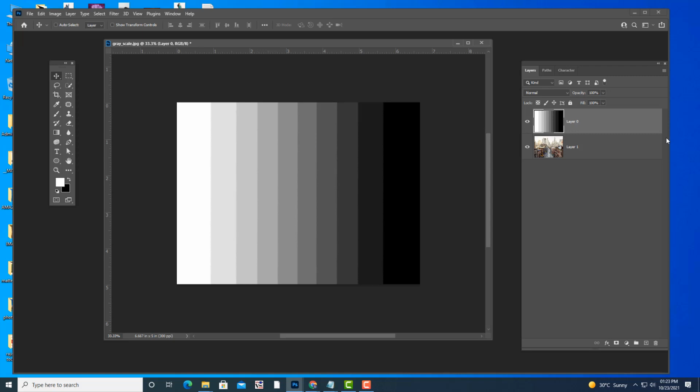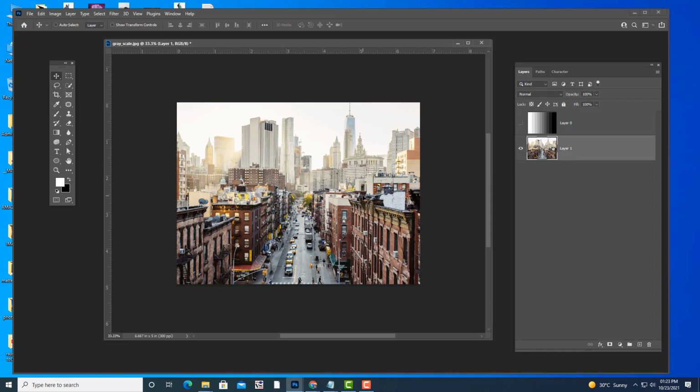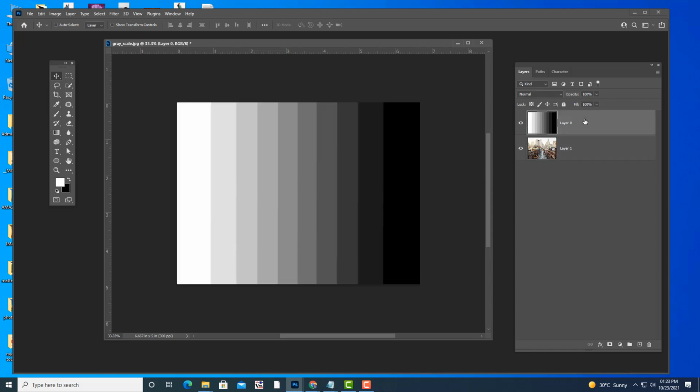See, what are blending modes? For checking the effect of blending modes, you need at least two layers, this top layer and bottom layer. The layer that gives the effect of blending modes is called the blend layer. Top layer is the blend layer. The layer that is affected by the blend layer is the base layer, means this one. Bottom layer is the base layer. Blend layer and base layer. Understood?